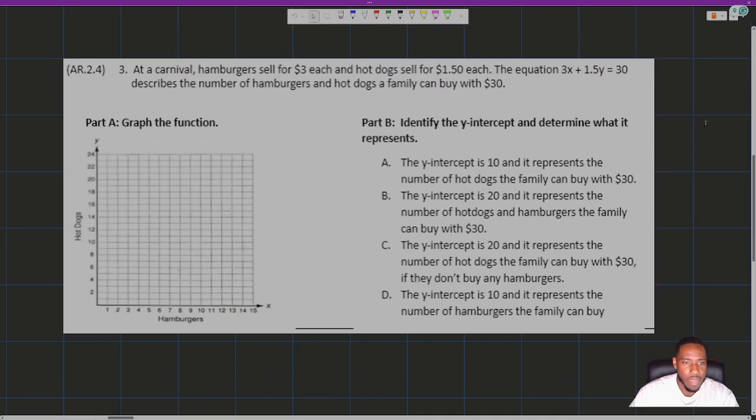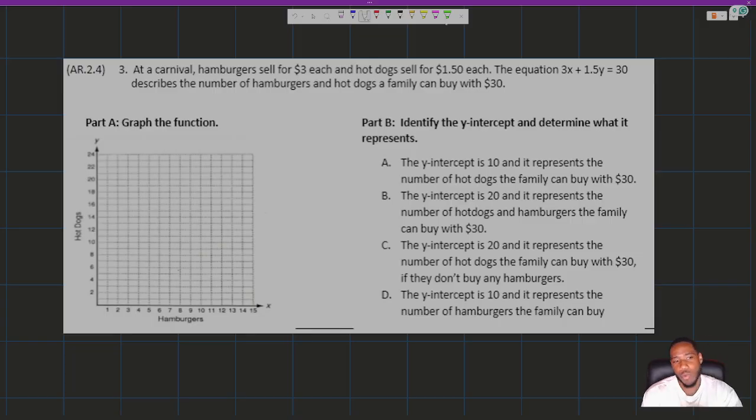All right. Number 3 gives us some application to work with. So it says, at a carnival, hamburgers sell for $3 each and hot dogs sell for $1.50 each. The equation 3x plus 1.5y equals 30 describes the number of hamburgers and hot dogs a family can buy with $30. So we see that the $30 there is the 30 at the end of our equation. It's our sum. We also see the $3 is attached to the x here, and the $1.50 is attached to